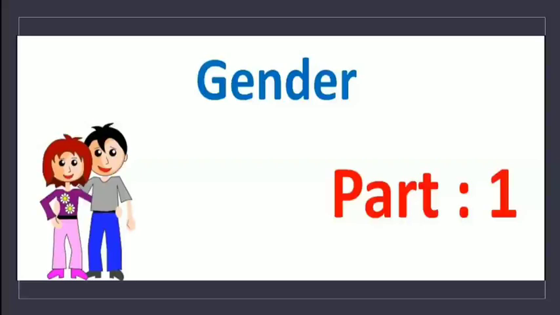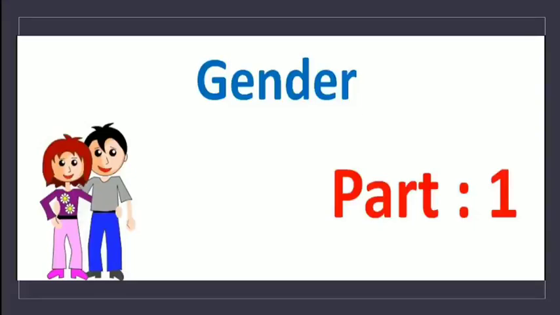So our today's topic is gender. What is gender? Gender describes the characteristics of a noun. And noun, I told you in the previous videos also, noun is a word that describes a place, person, thing, or animal. So, a gender is a word that describes the characteristics of that noun. A characteristic, feature, or attribute of a person, of an animal, or a thing.